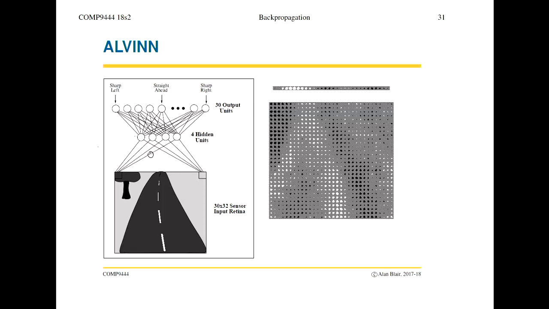So what this diagram represents is one of these hidden units, and this represents all the weights from the input to that one hidden unit, and this top row is the weights from that one hidden unit to all the outputs. Each weight, I think a white dot represents a positive value and a black dot represents a negative value, and the size of the dot represents the size of the weight. So this is a way of visualizing these things.